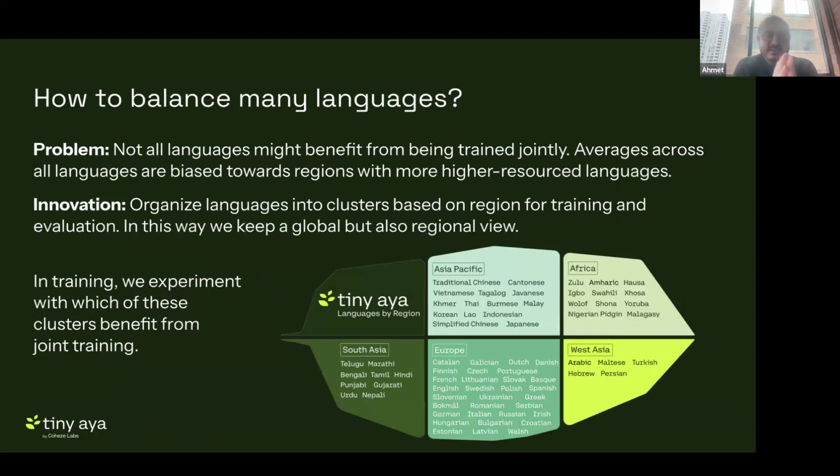At the end of the day, these are the ways to generate the training data, right? But there is always this question: how to have the balance across different languages. From the start, we really wanted to release Tiny Aya as a multilingual model with focus areas in terms of different languages. So we clustered these languages: European languages in one cluster, South Asian and Asia Pacific languages in another cluster, and African languages also put inside the most relevant cluster,